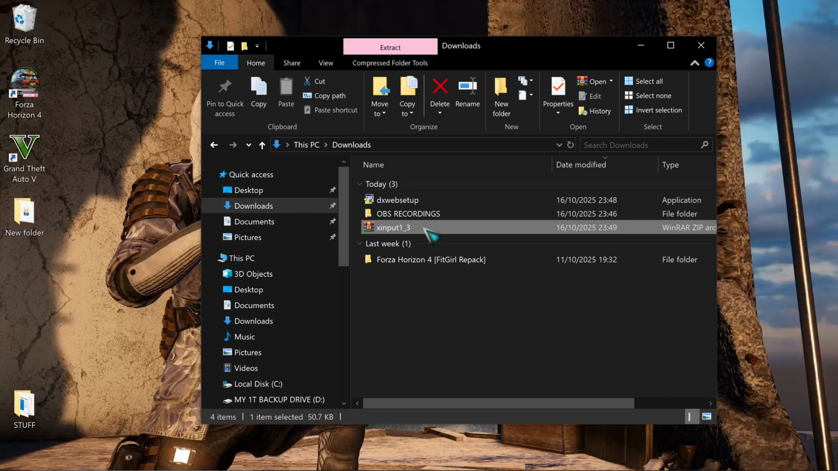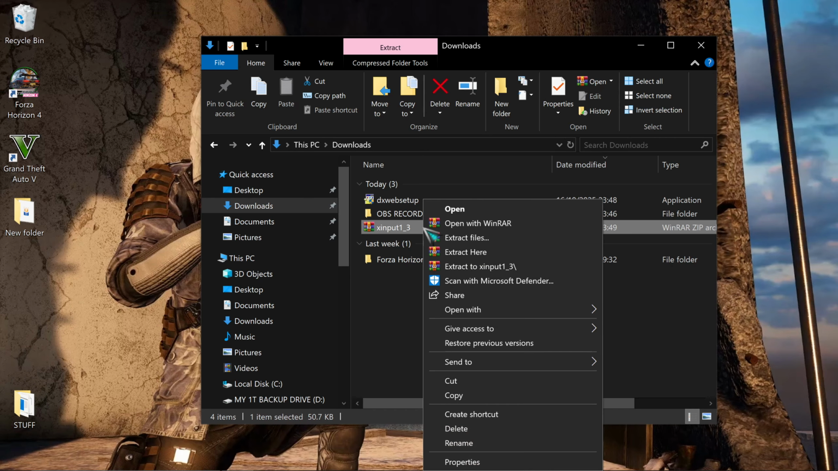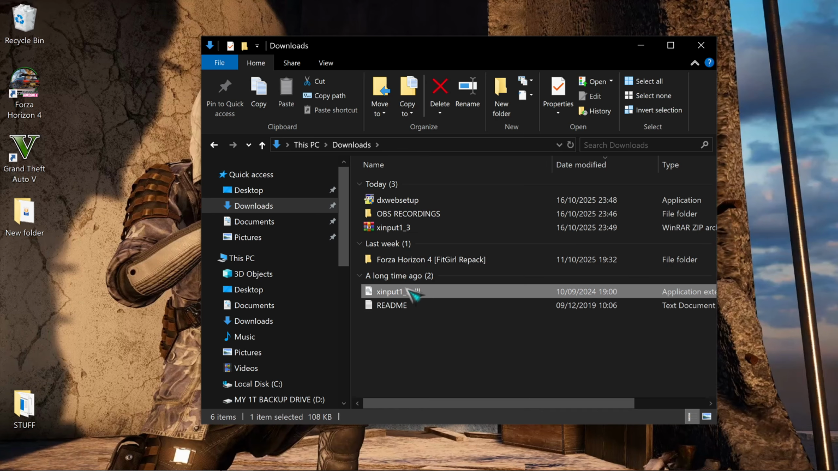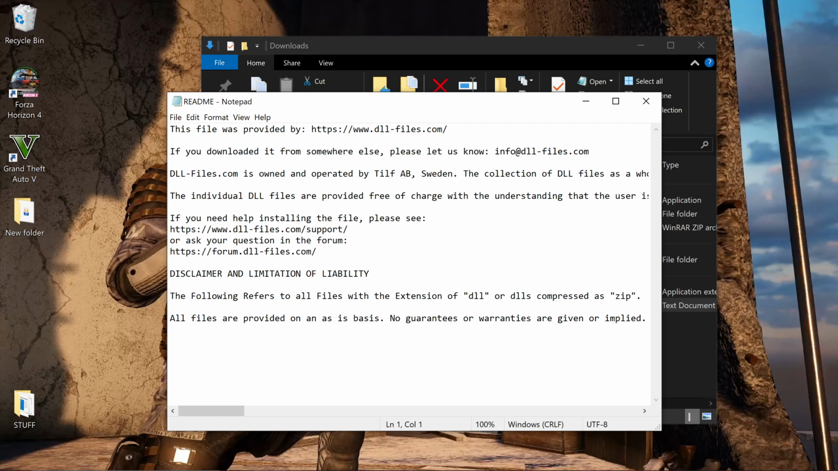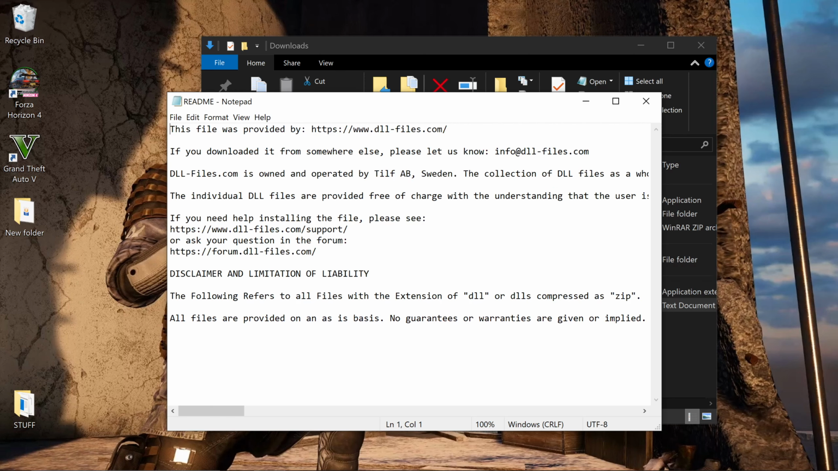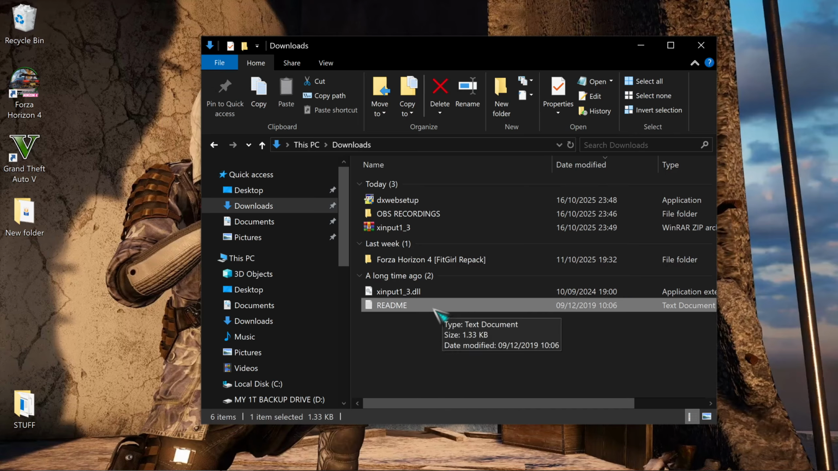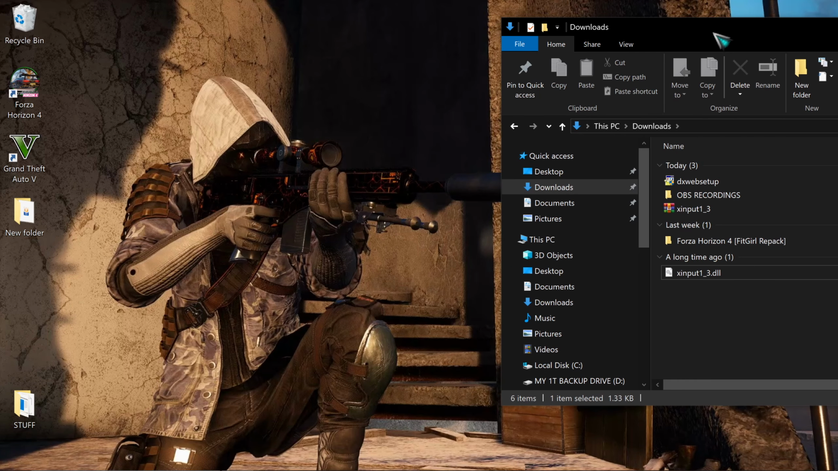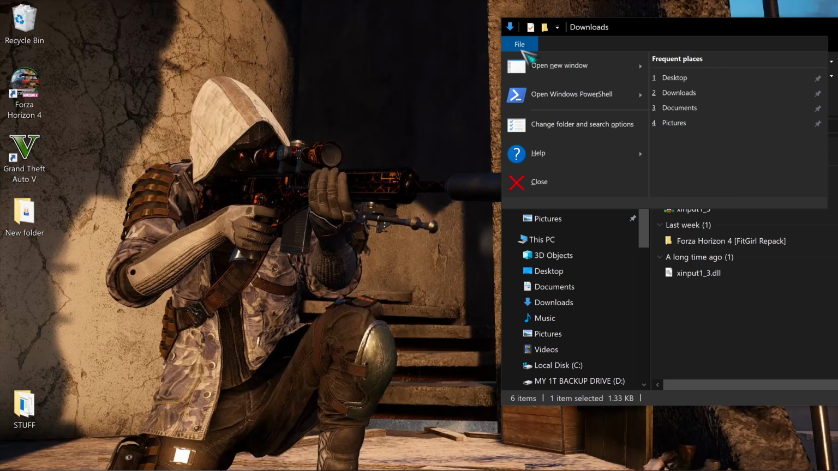XINPUT1_3 file, you want to right click it, so make sure you've got WinRAR or 7-zip or something installed. So just right click it and click extract here. And there you go, that's it extracted. This is the file here that you need. The README doesn't really tell you anything, to be honest. It's pointless really having the README, because it doesn't tell you where to put it. You know what I mean? It's not telling you where to install it, so I'd forget about the README file. Anyway, what you want to do is just keep this here now,